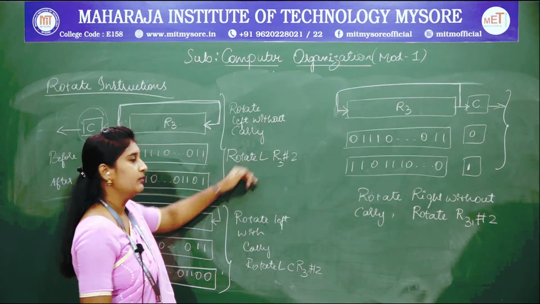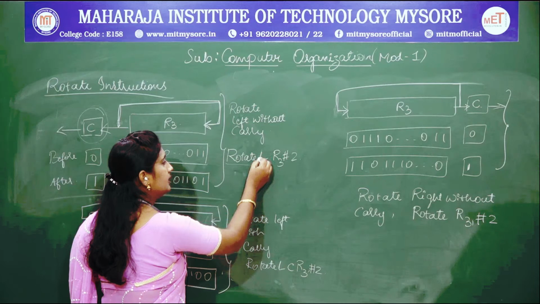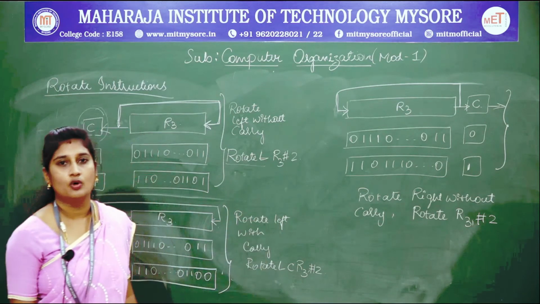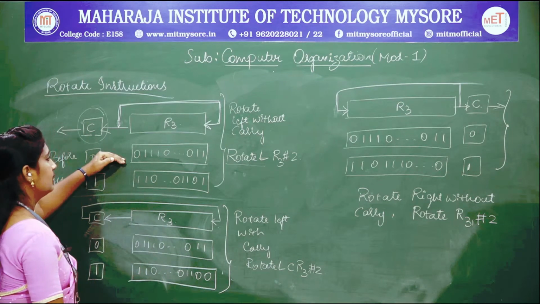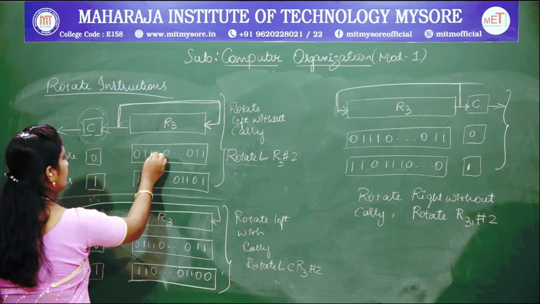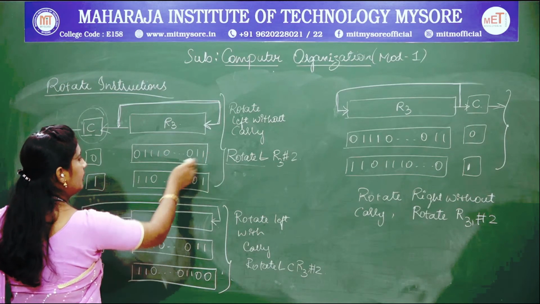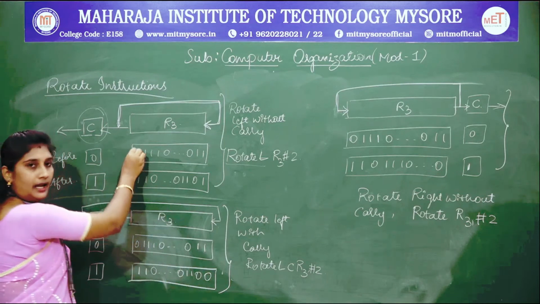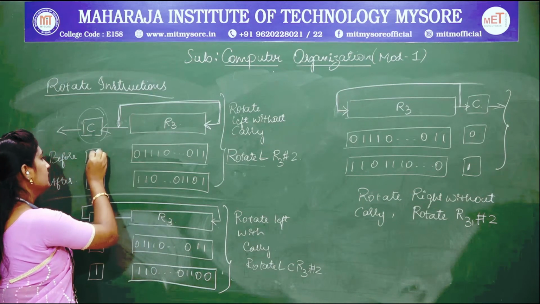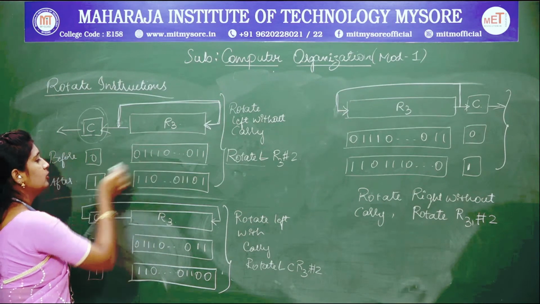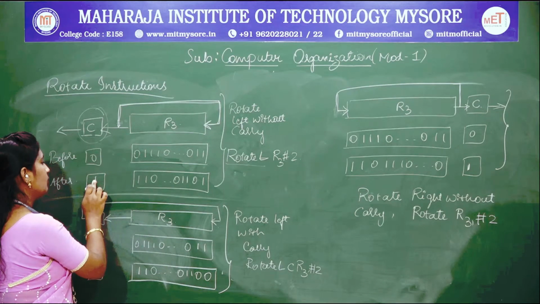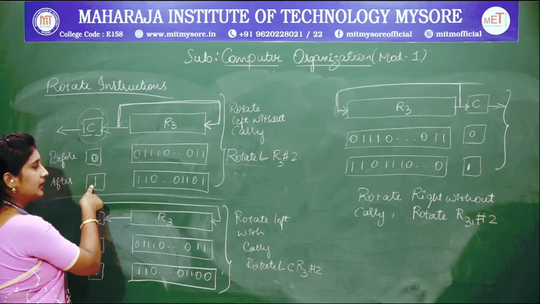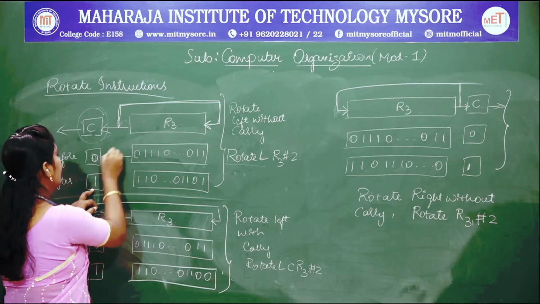Here the instruction specifies rotate L, that is rotate towards left the R3 register 2 bit positions. Now the example given here is 0 1 1 1 0 0 1 1. So I need to shift towards left 2 bit positions. So I am shifting 2 bit positions. First bit I have shifted here. Before, it was in the format like this. First bit I have shifted here, which is 0, which is shifted here to the carry flag, towards my carry flag.